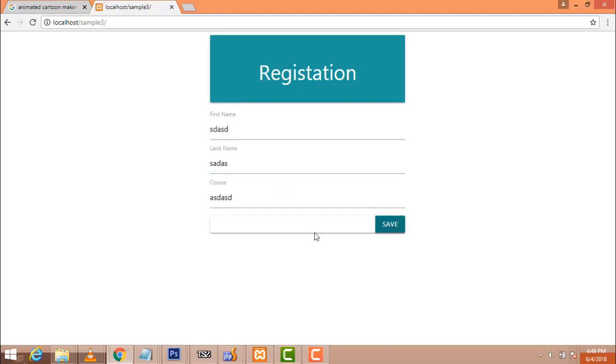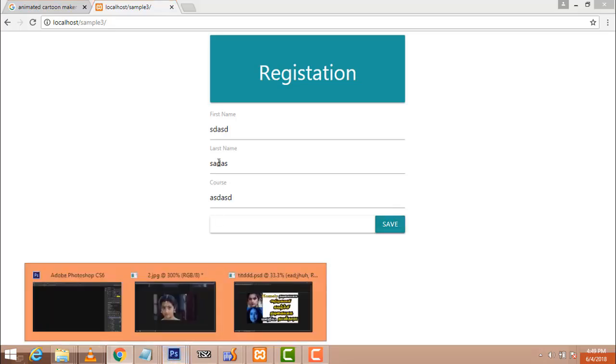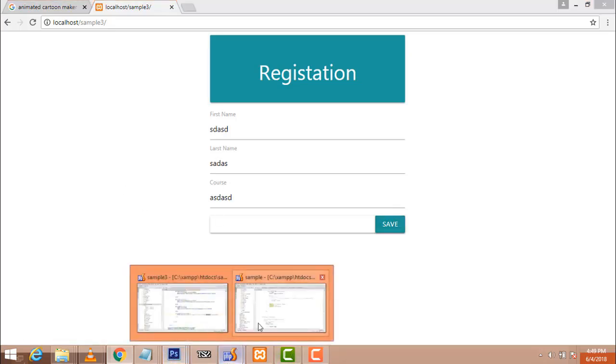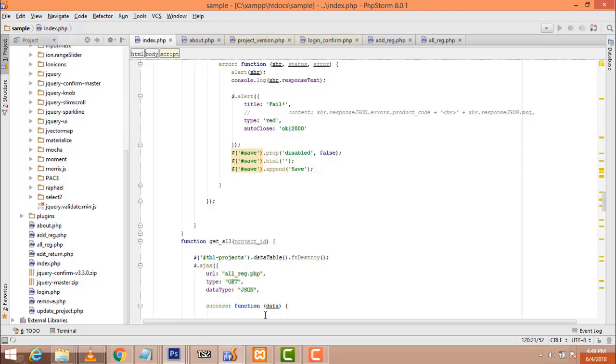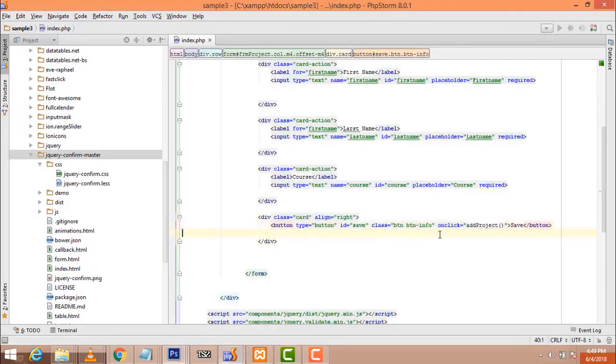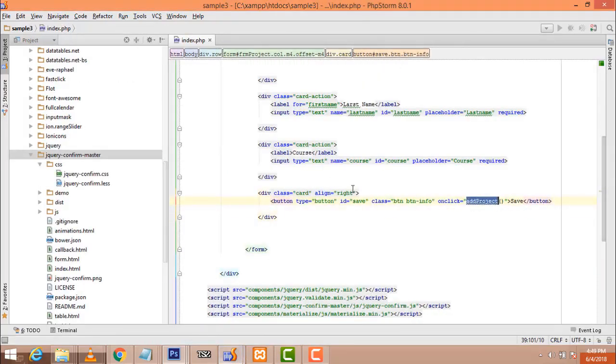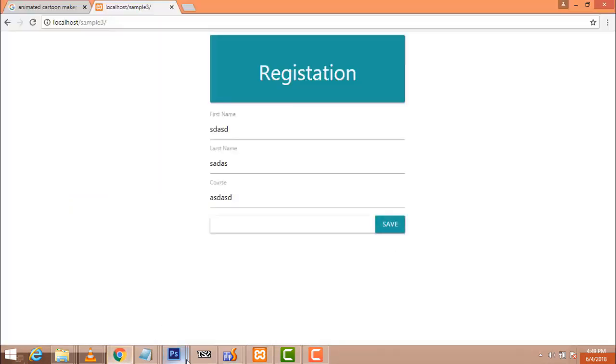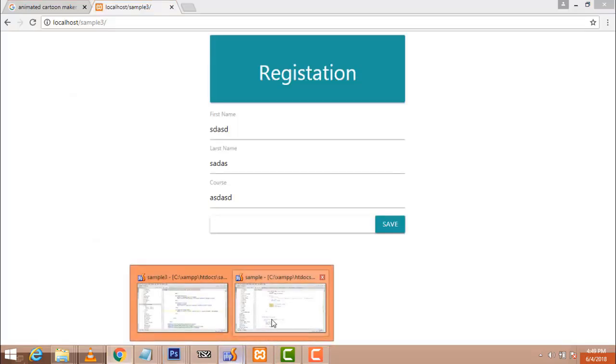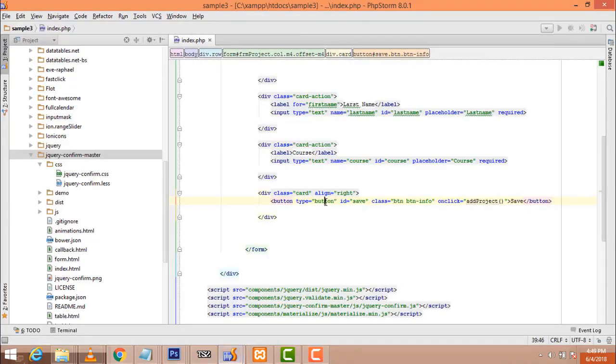If you type the records here and click the save button, the particular record will go and be added into a database. So let me go to the sample folder here. This is the button we created, this button. What is the name of this button? We put the name as